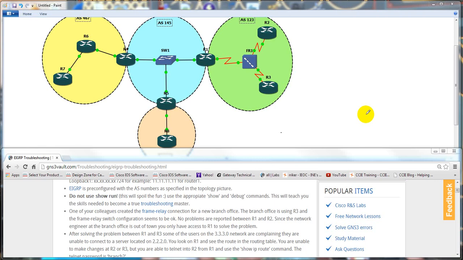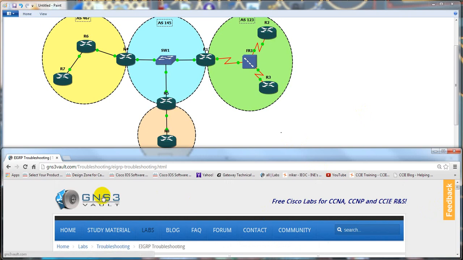How's it going, everybody? I'd like to welcome you to our open source EIGRP troubleshooting. If you have ever heard of the website called GNS3Vault, it's a really cool website. They make free CCNA, CCNP, and CCIE routing and switching